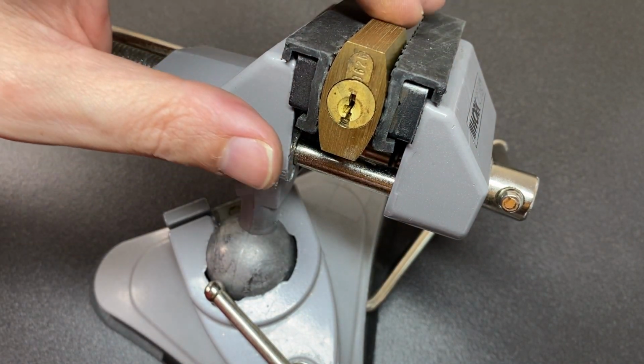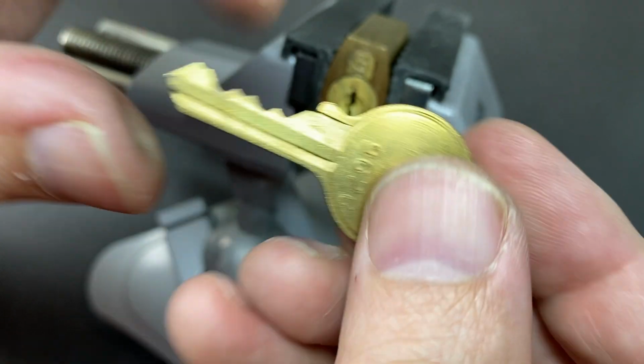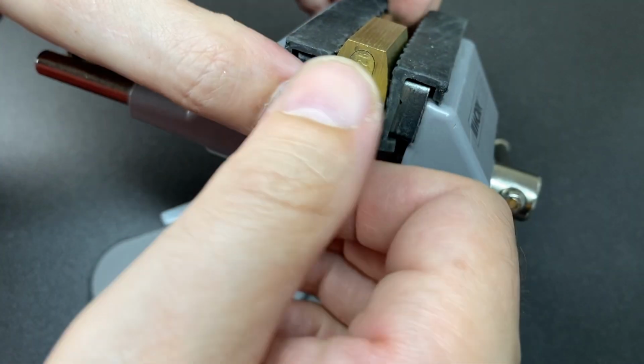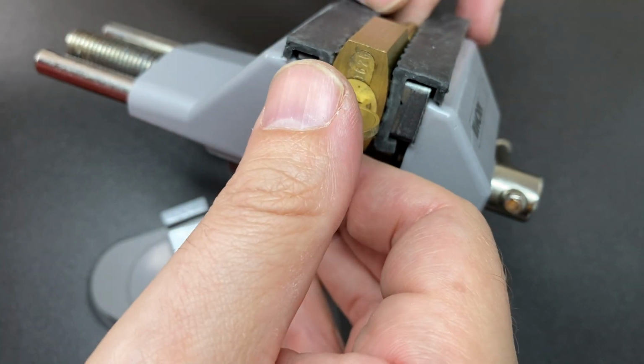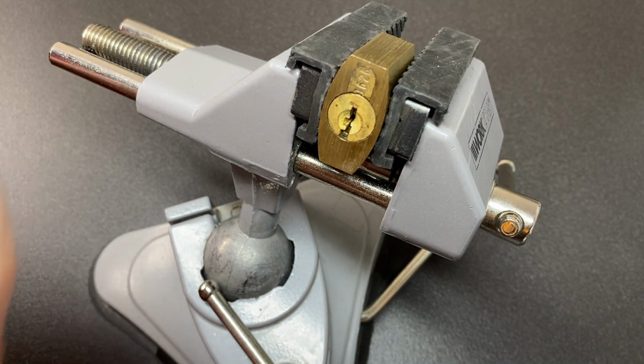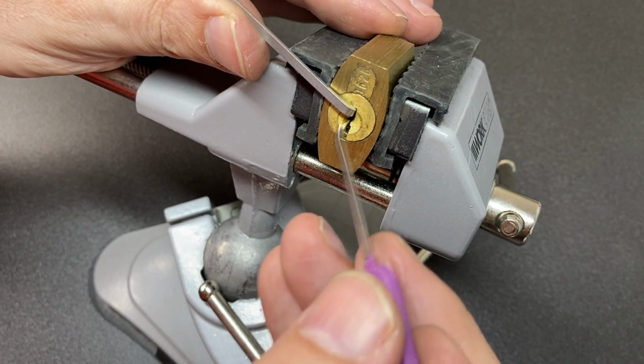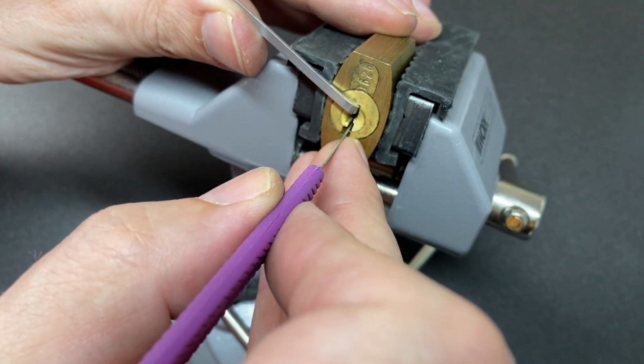Okay, so we're in the vise. Here is that key with the lovely bitting, high, mediums and lows everywhere else. 5 pins, works really nicely. All brass lock. Pull that out. I'm going to do some nice gentle picking with some top of the keyway tension with a 1.3mm tool, and